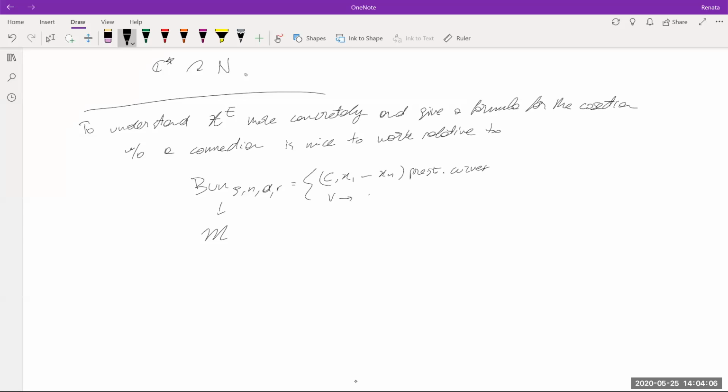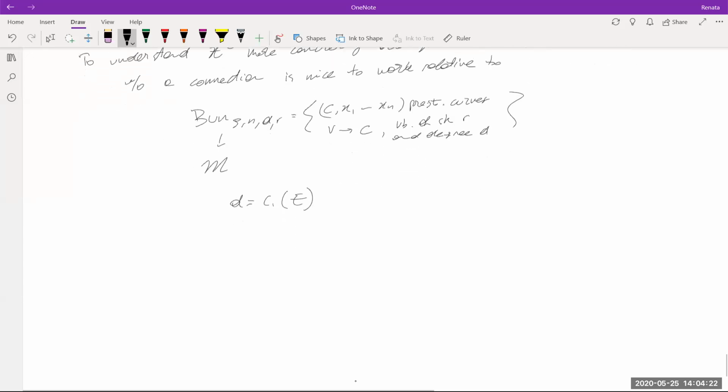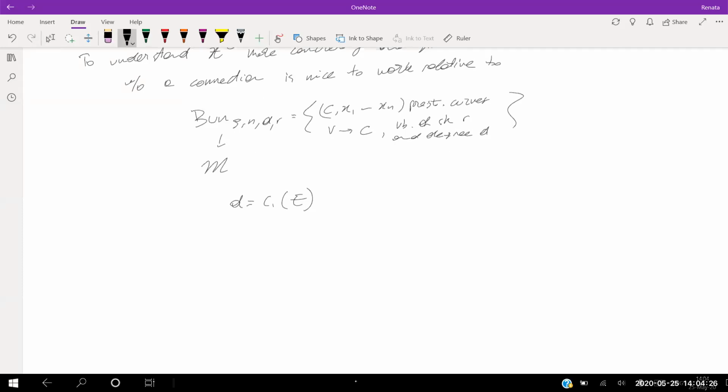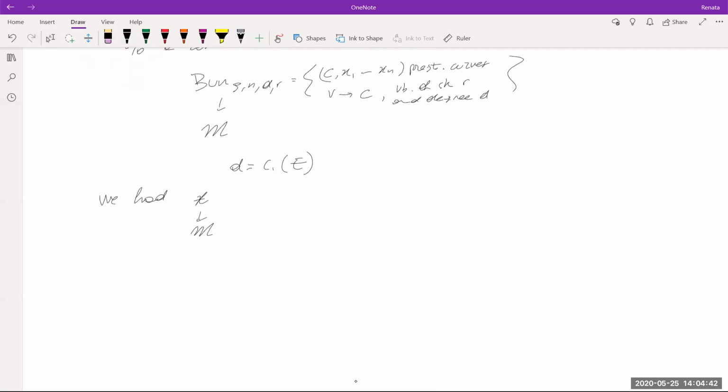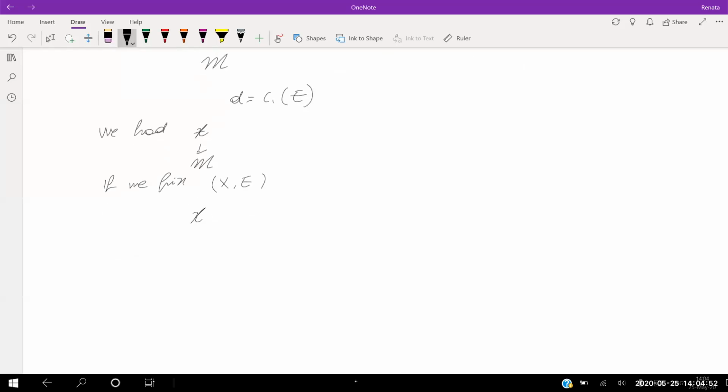Together with V, a vector bundle of rank R and degree D, where we fix D to be equal to the degree of the vector bundle on X. Now, we had that fixing X, we have the moduli space of stable maps to X and a forgetful morphism that just remembers the domain. If we fix the additional data of the pair of X and the vector bundle E, then we have some new forgetful morphism